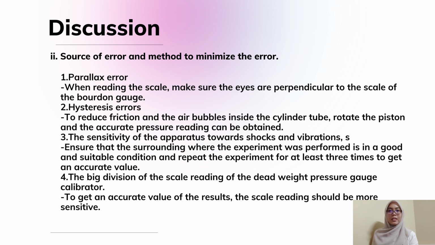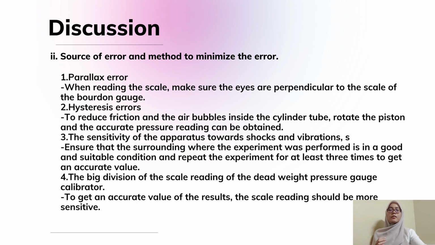Okay, to reduce friction and the air bubbles inside the cylinder tube, rotate the piston and an accurate pressure reading can be obtained. Next, the sensitivity of the apparatus towards shocks and vibrations, such that the reading will be affected when the table where the apparatus is located is accidentally moved. Okay, how to minimize this error? We have to ensure that the surrounding where the experiment is performed is in a good and suitable condition, so that all members can perform the experiment comfortably and repeat the experiment for at least 3 times to get an